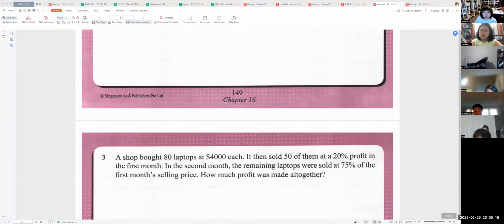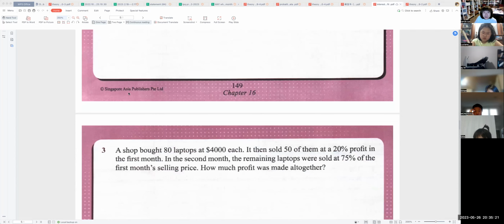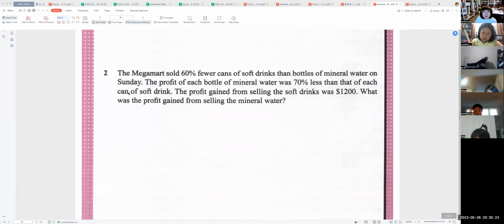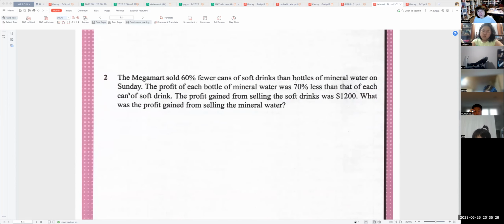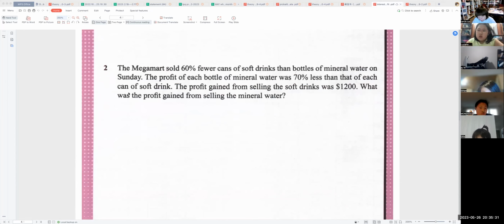Let me see. 呀，这个好像没有完全一样。看一下 number 2，试试看好不好？number 2，这个看 number 2。